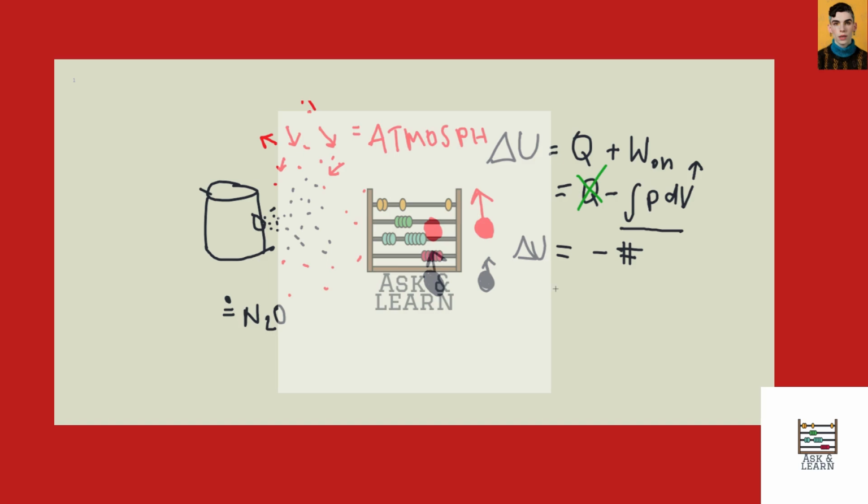The other way to think about it is this integral of P dV as a quantity for work. It's kind of the same thing as force dotted with distance. And so you can see from this perspective that the black particle is exerting a force on the red particle. It's a force kind of up, in the way that I drew it, and then the displacement would be up. So this integral term would be positive, and then it has a negative out front. That's why it's negative. And so that's just another way to think about this problem. So hopefully